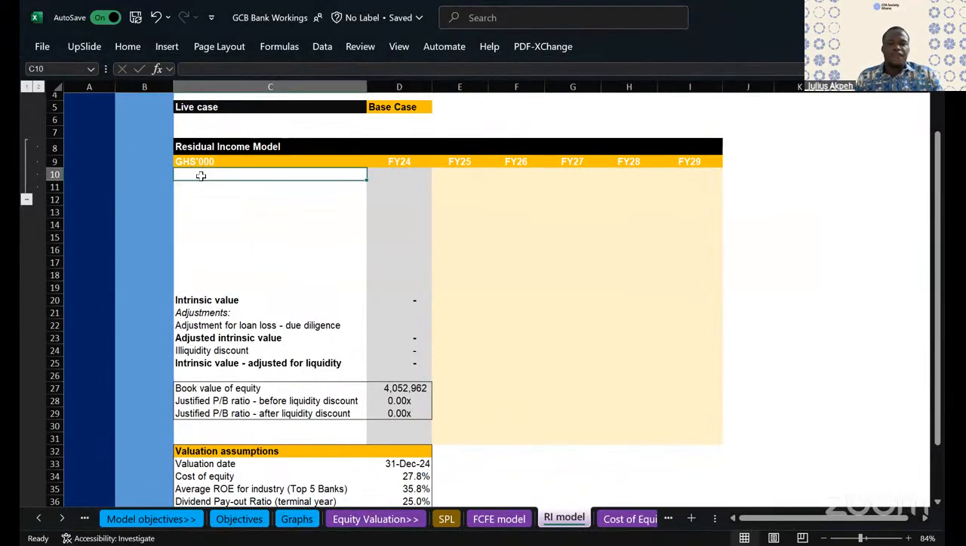Now, the first one, how are we going to do with the residual income is that we said that the clean surplus assumption must hold, that the movement in the book values must be fully explained by earnings and dividends. If that's the case, then what do we do? What it means is that